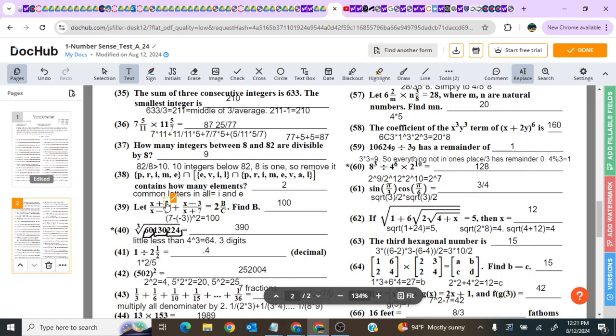Cube root of 60, 130, 224. Since it's cube roots, we'll put them into groupings of 3. 224 is one group, 130 is another, and then 60 is your final group. Well, 60 is a little less than 4 to the power of 3, or 64. So put it slightly less than 4 with 2 zeros at the end. So 390. And because of the same process as before, there are 3 digits because there are 3 sets that